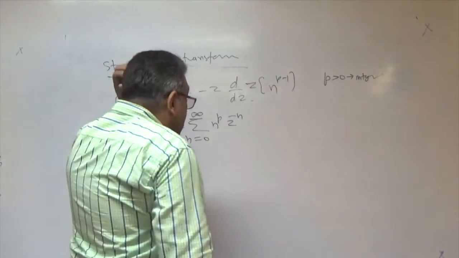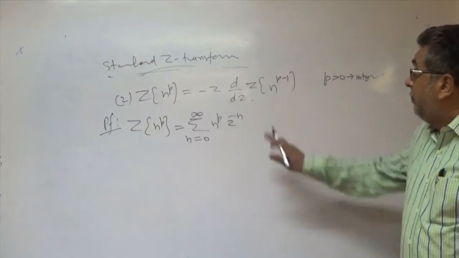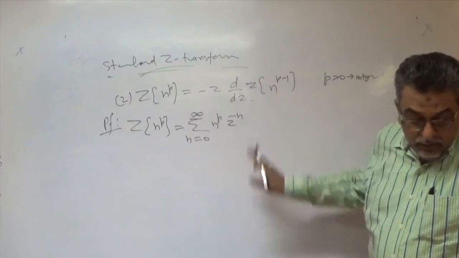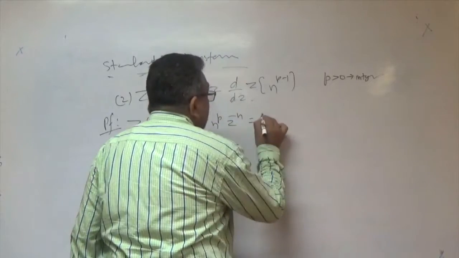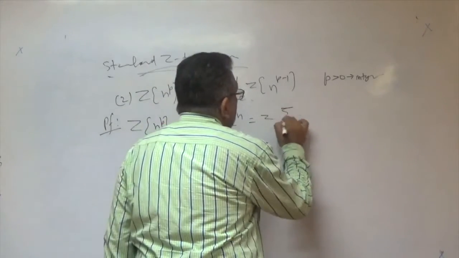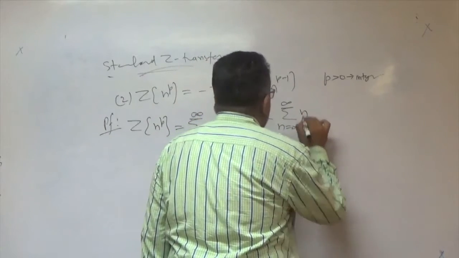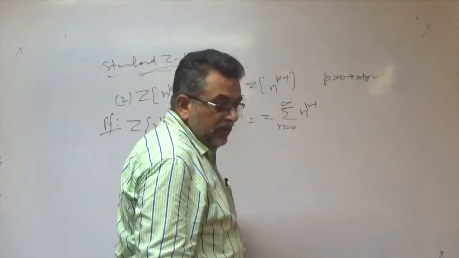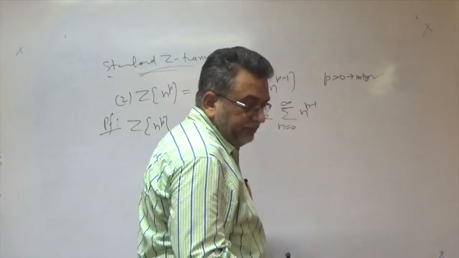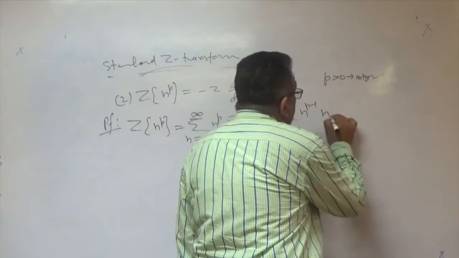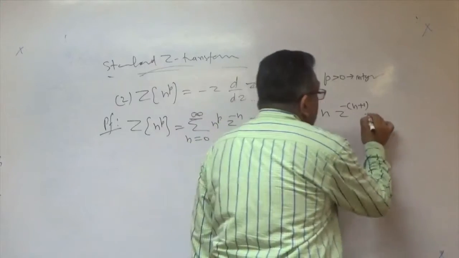Right? This is the definition, and by now you have to prove the right hand side in this form. So we have to manipulate it like that. From here we take z outside, sigma n equal to 0 to infinity, and n to power p minus 1, write this in this form, and here z to power minus n plus 1 for balance, and take this as equation 1.